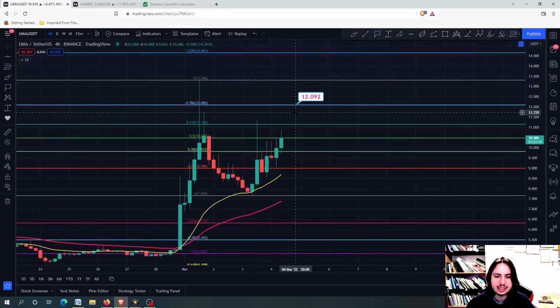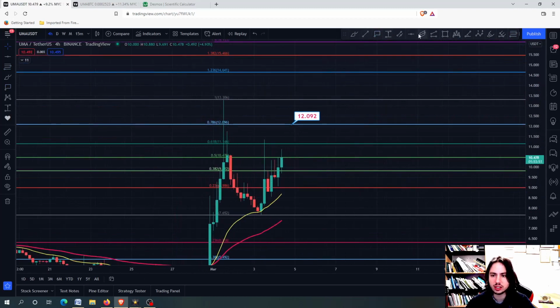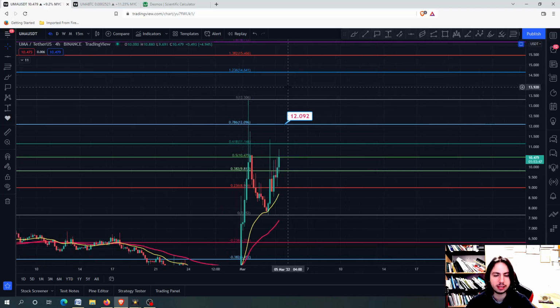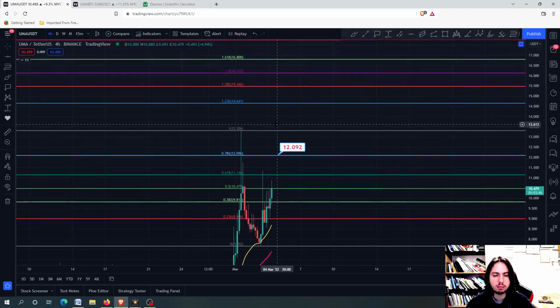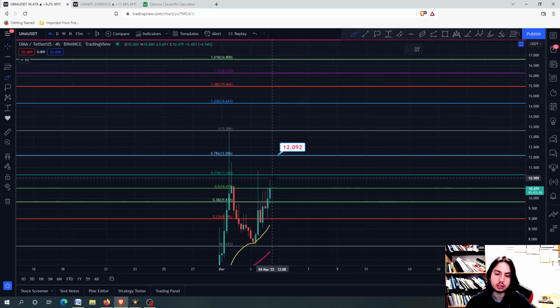12 Tether USD is the most important resistance level. We have to close above the 12 Tether USD right here in order to go to the next price targets, which can be the 14.64, 15.466, and 16 Tether USD. Can we go there? Yes, we can. However, first what we need to do is to let the body of the candlestick close above this line right here on the 4-hour frame.